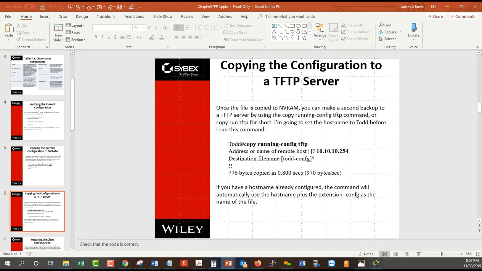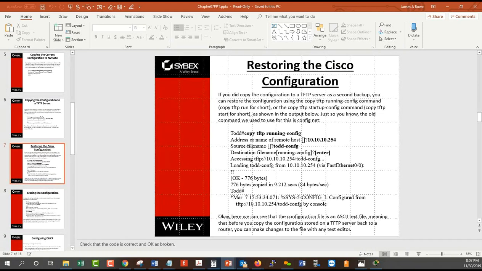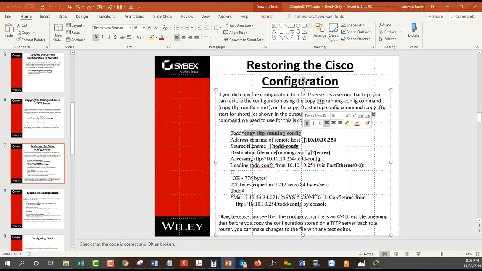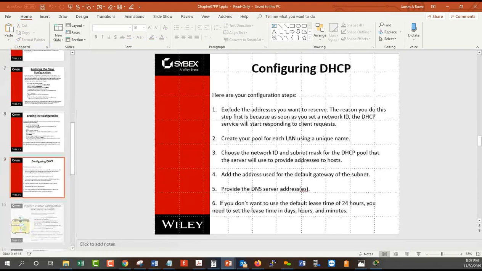How to copy stuff to your TFTP server, that was in lab number 8. How to restore your IOS by copying it from your TFTP, and you can see the command right here. Okay, copy TFTP, running config, or you can specify an operating system file. Erasing your config files,